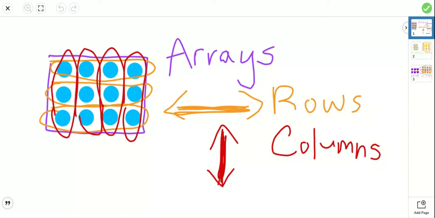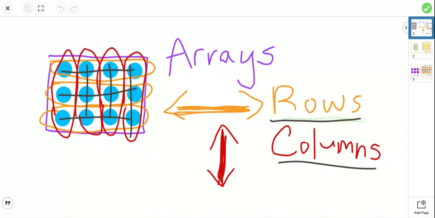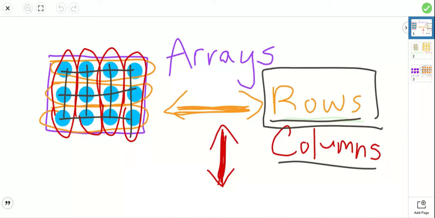So arrays are made out of rows going across, but are also made out of columns going down. So today we're going to focus on rows. We're going to use rows, equal rows, to make repeated addition equations. We are going to